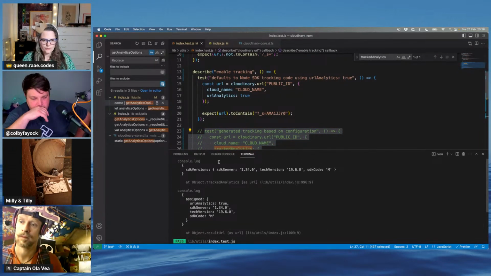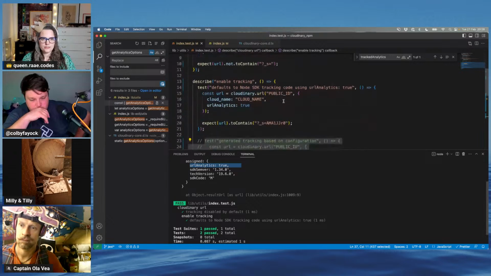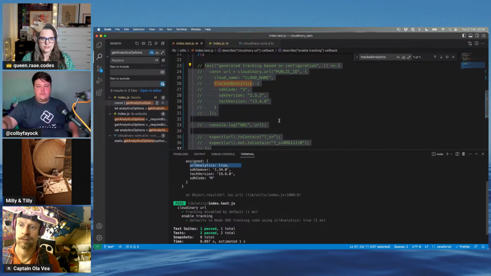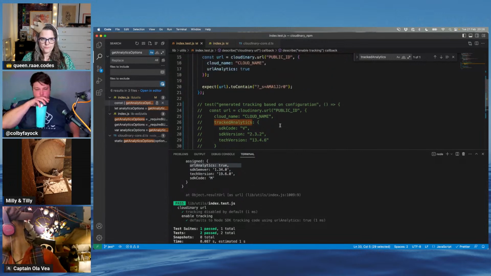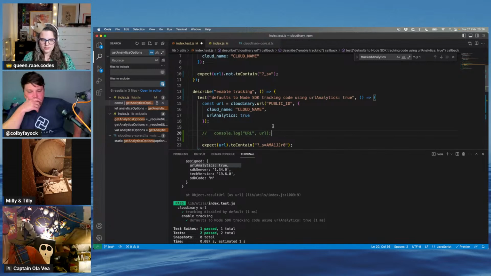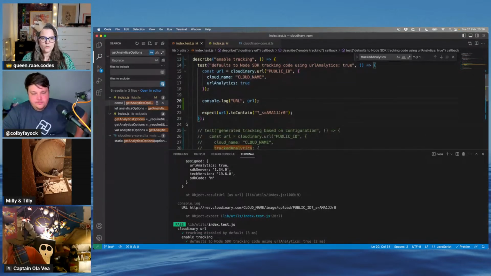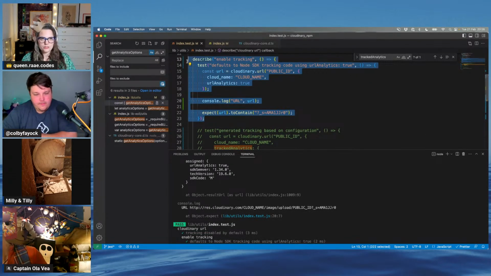Okay, so then we have the SDK versions, and then assign. The only thing that's added is the URL analytics true. But the URL, let's do a console log of that URL. The console log of that URL has the S equal AMA and so forth. While if we do our one,